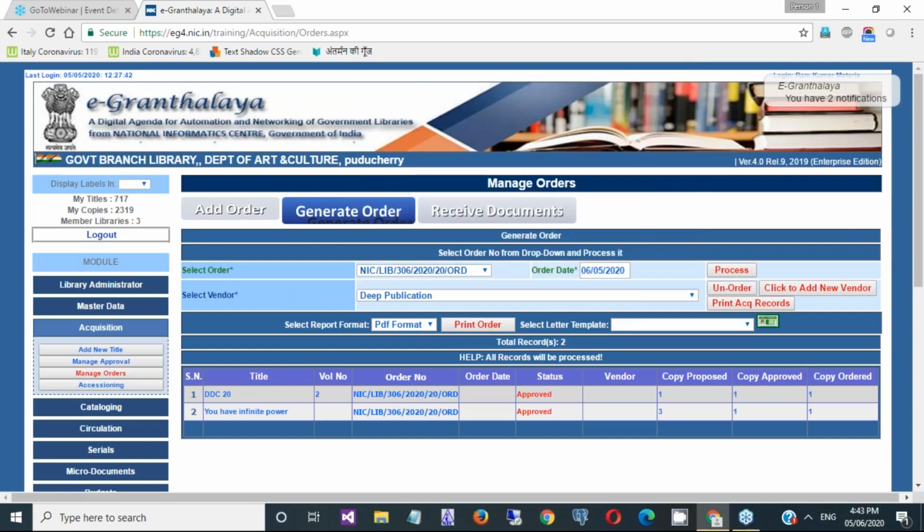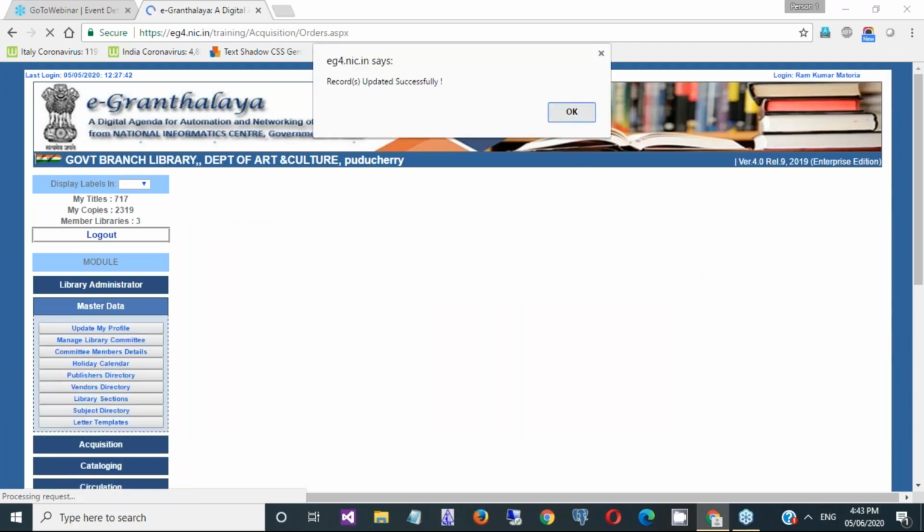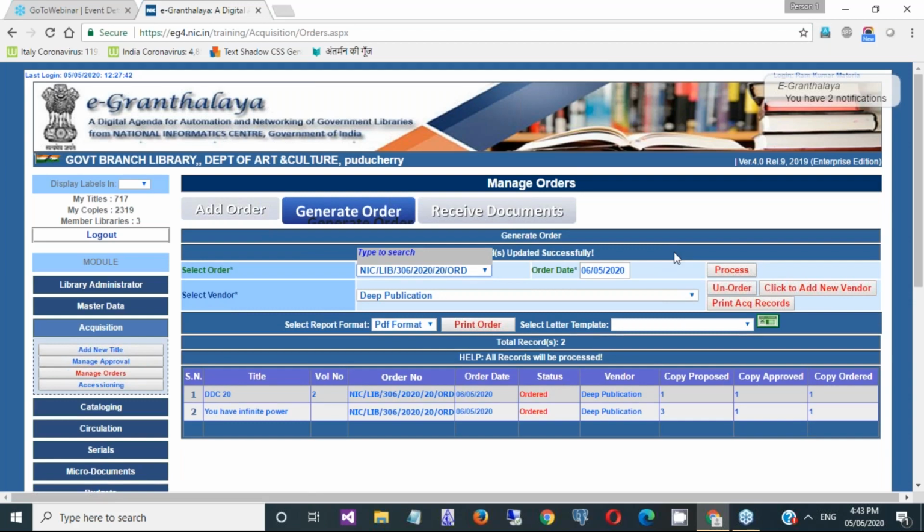After selecting the vendor, you need to process. In all the forms you can also go backward, like unorder at this stage, so backward movement of this purchasing process is always there.